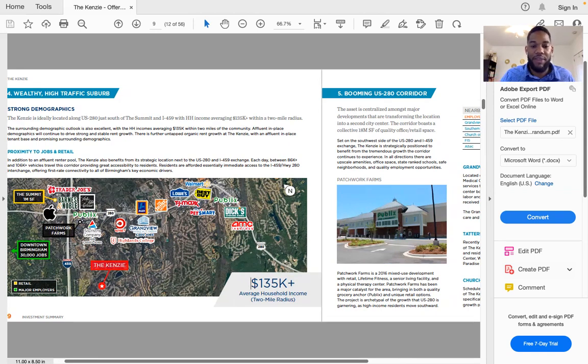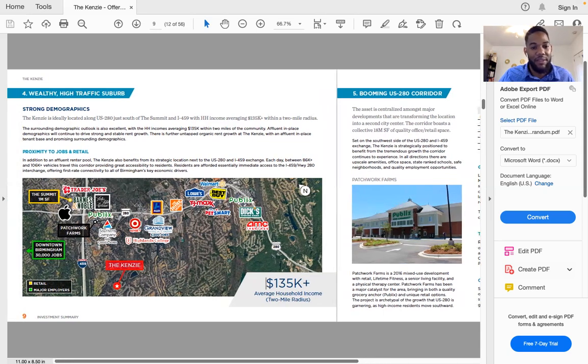So just giving you guys some context, living in the market, being here for a while, it's tradition here for folks to live further out of the city and commute to work in the city. That's just how Birmingham is. A lot of people live further out in suburbs, like this suburb right here near 280. It's areas like Vestavia, Mountain Brook, where they may actually be located in these areas right here. But these folks are commuting downtown to go to work, because this is really like a 10-minute commute.